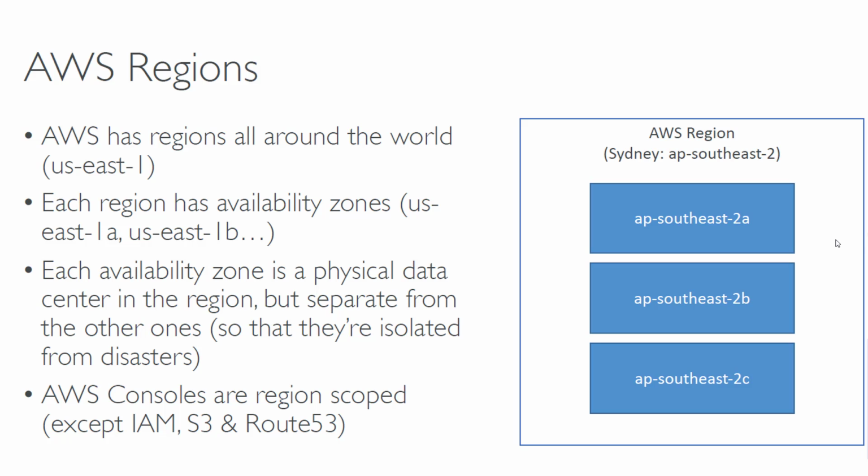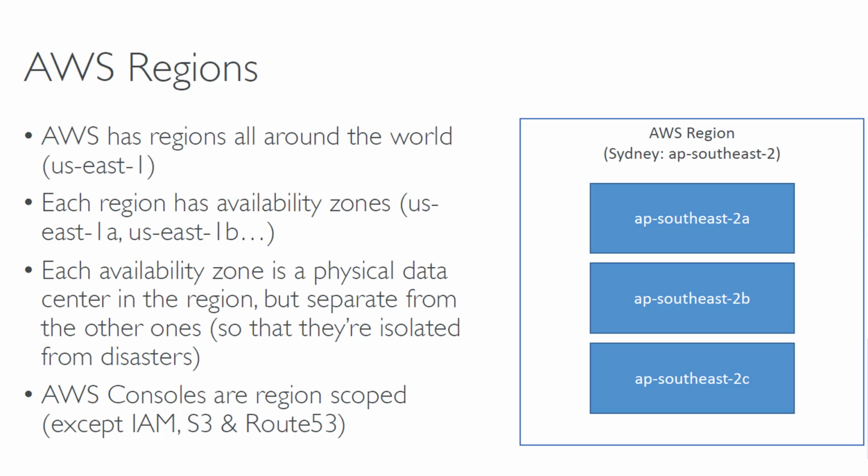They call their regions like US East, or if we take, for example, the AWS Sydney region, it is called AP Southeast 2. AWS just has a bunch of regions around the world, and the region is what you think it is. It is basically somewhere in the world. Each region will